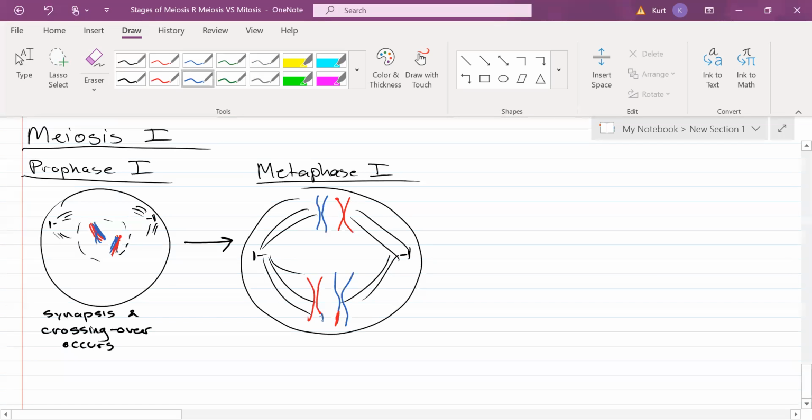So you can see the crossing over that happened right here in the bottom too. That's crossing over. Homologous chromosomes separate, align independently